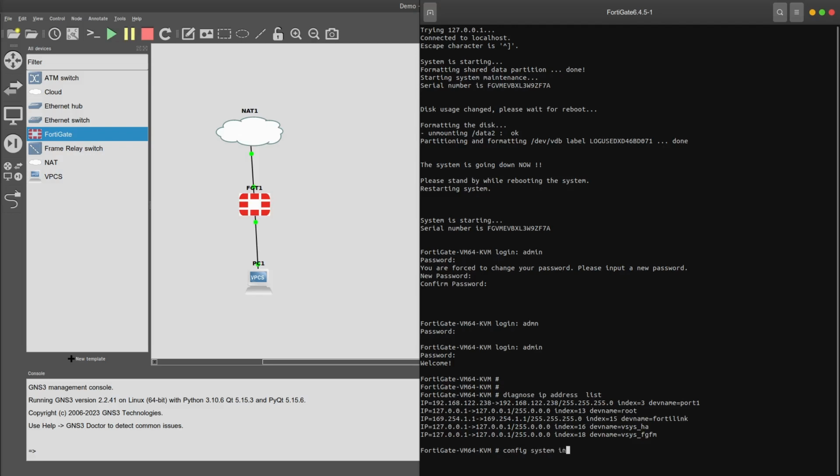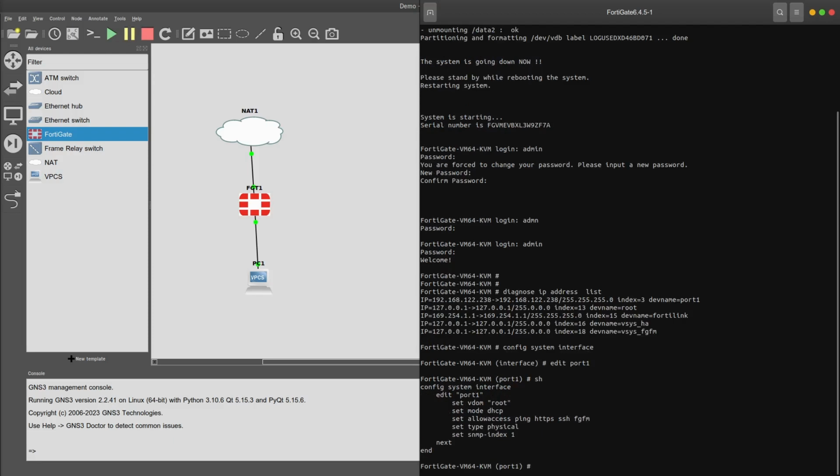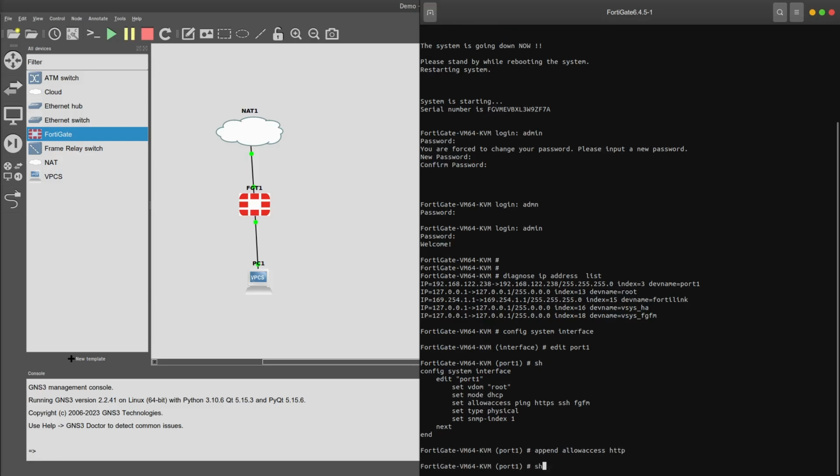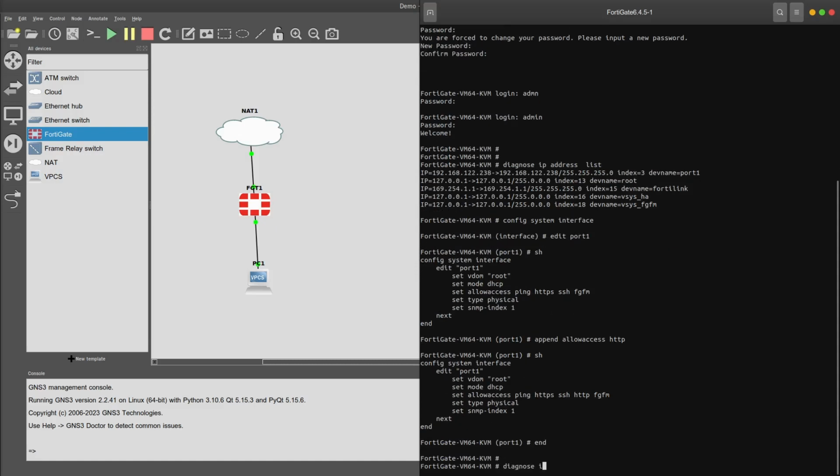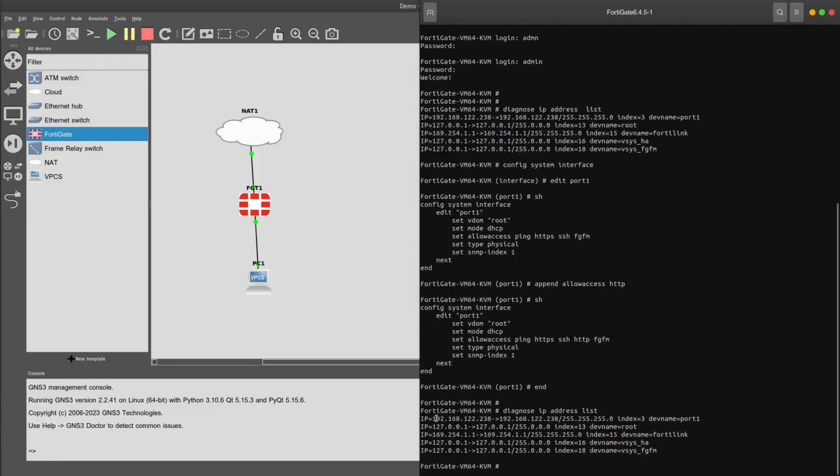So config system interface, edit port1. It says set allowaccess, and allowaccess http, show, and okay. So now again let's copy the IP, copy,